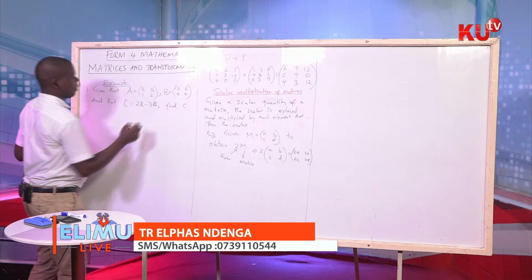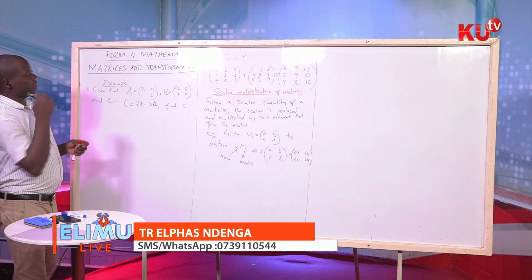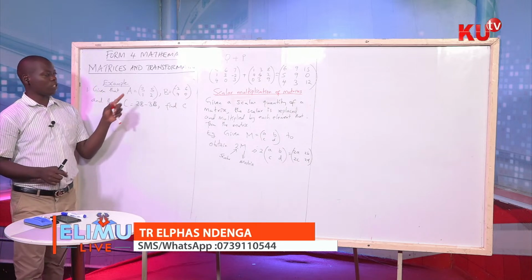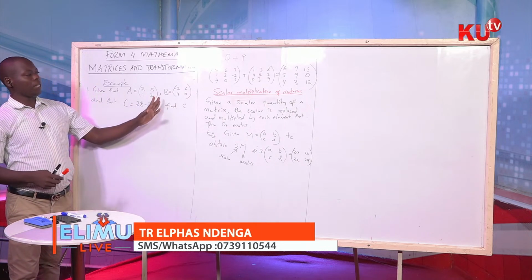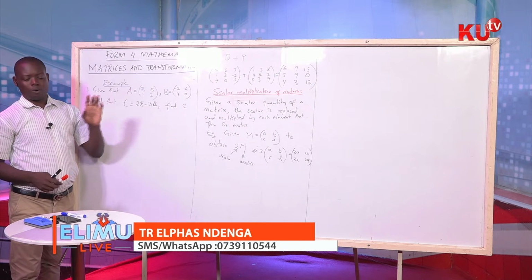Find C. Given that A is 3, 5, 1, 2, B is -2, 6, 4, and 0, we are asked